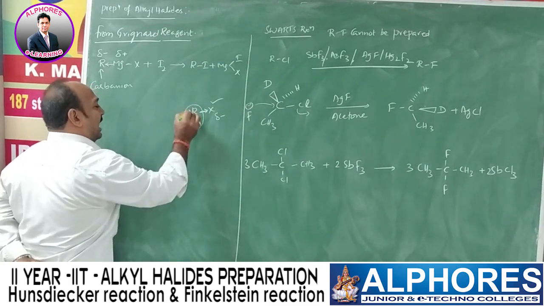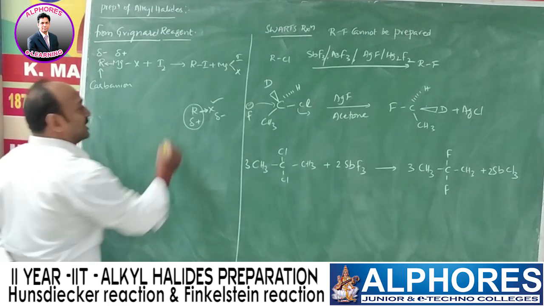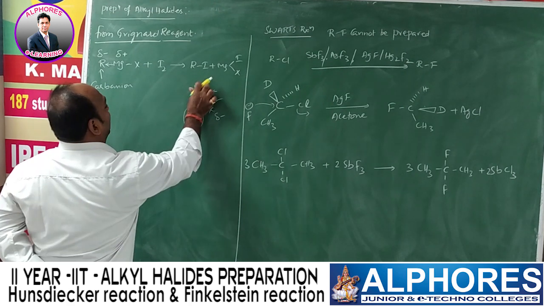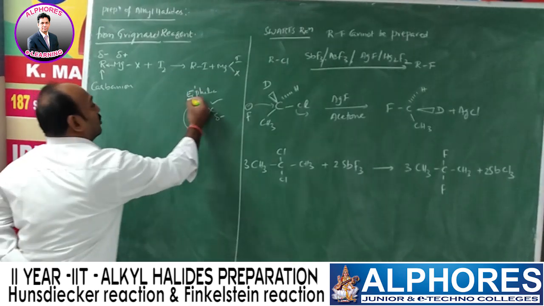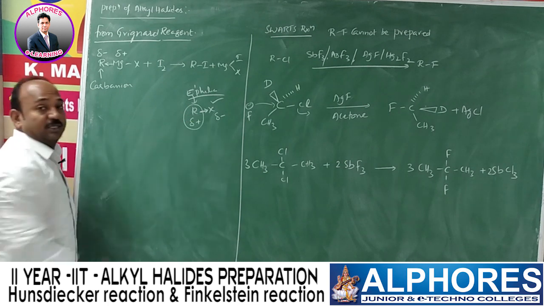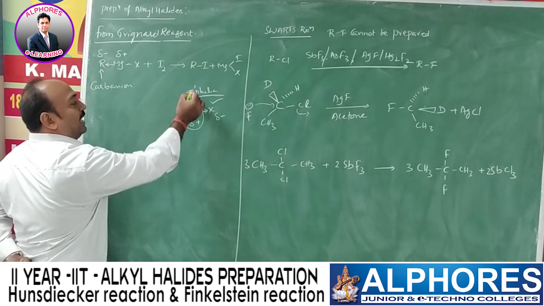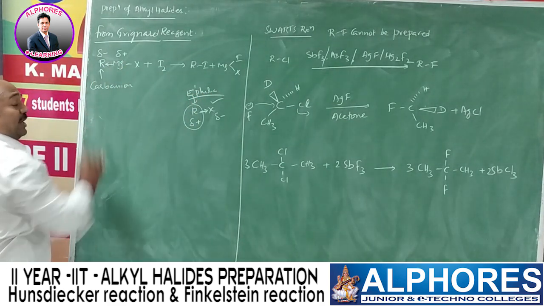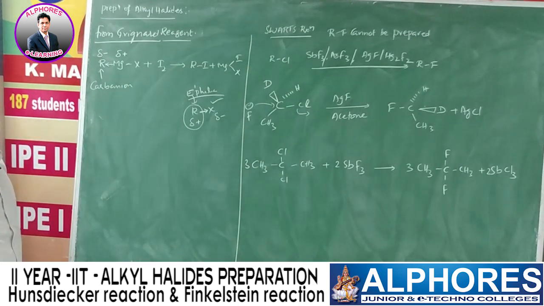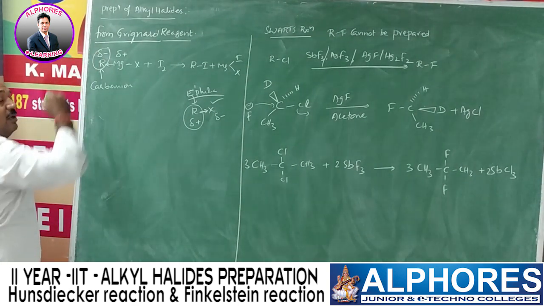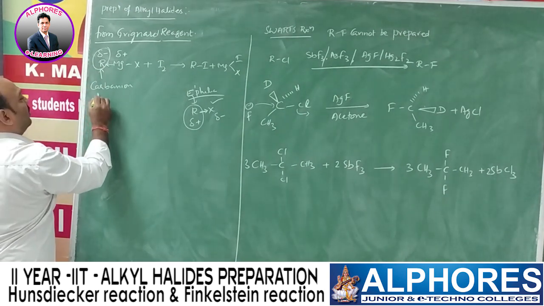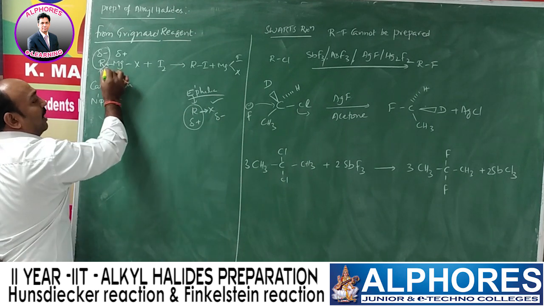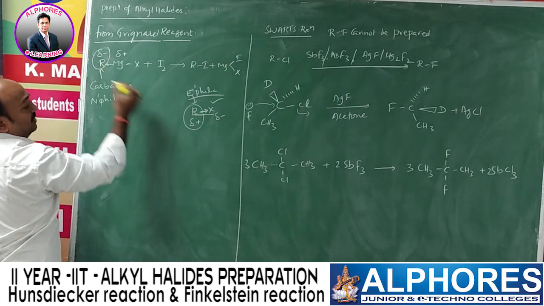So in such a case, this carbon has an electrophilic character, which means it likes electrons because it bears a positive charge. Being positively charged, it likes negative charge. That's why we call it the electrophilic character. And in case of Grignard reagent, this alkyl group acquires a partial negative charge. So now it is negatively charged, it likes a positive charge, so it has a nucleophilic character. Hope you understand the difference between normal alkyl halide and Grignard reagent.